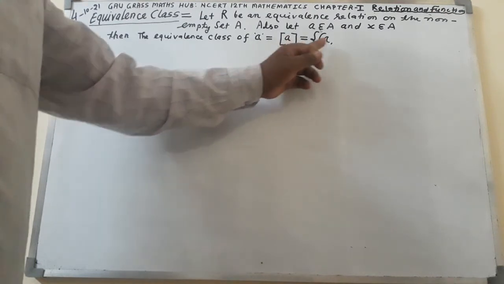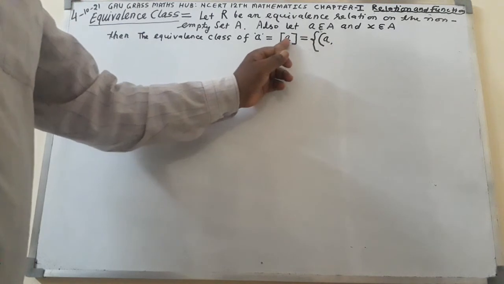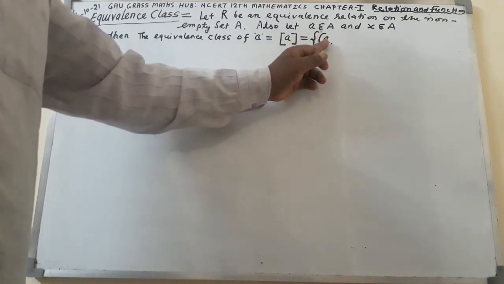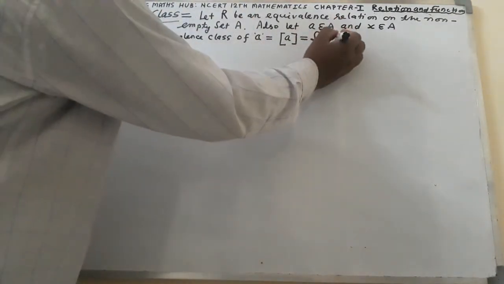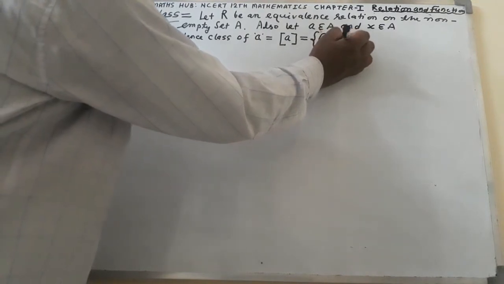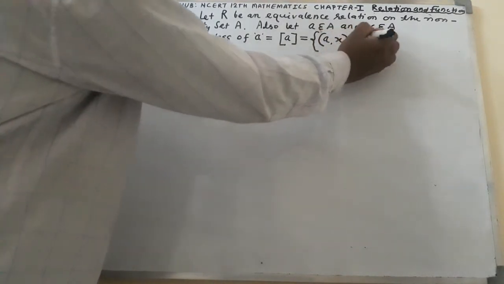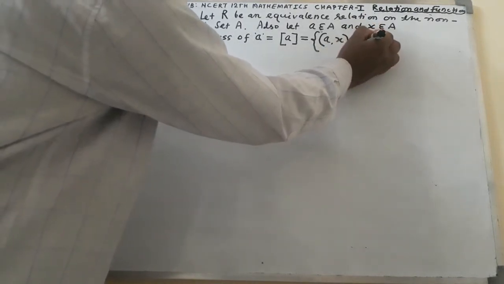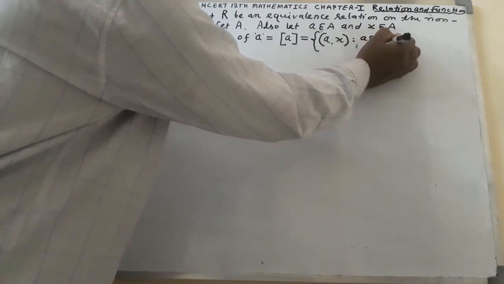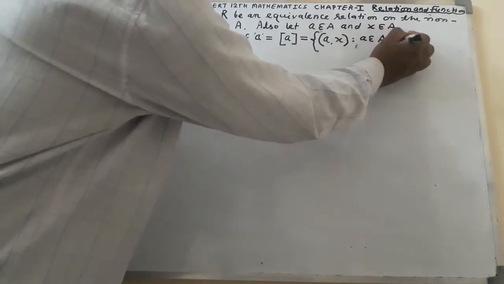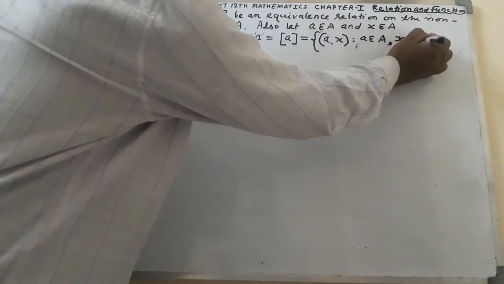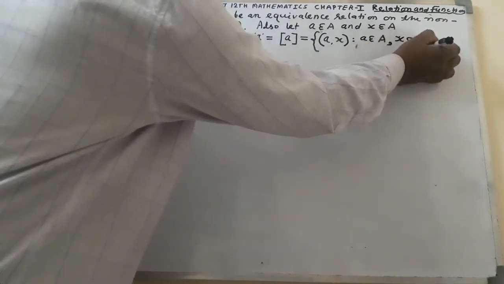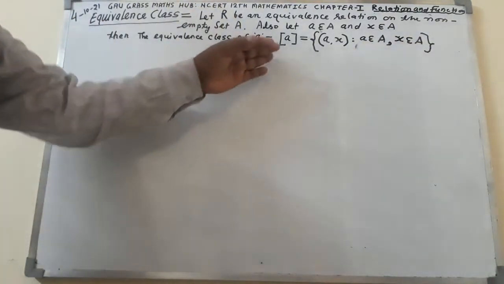Here a is there, so here small a must come. And the second element of the ordered pair will be x, such that (a, x) belongs to set A cross A. Curly bracket close. This is the general definition